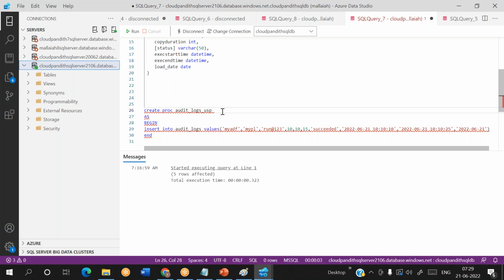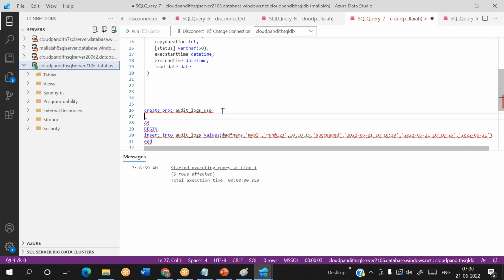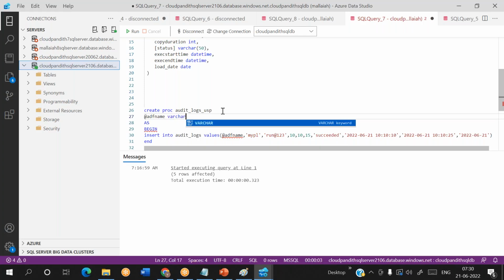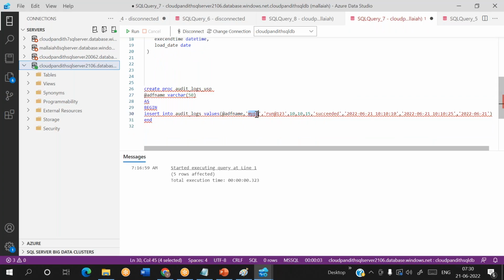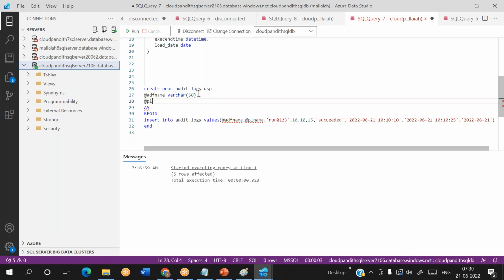Sri Lakshmi, tell me. Very good. First one is at the rate ADF name, the parameter. You can give any name to the parameter. The type of that parameter you need to declare here. ADF name is a varchar 50. So the first parameter is complete. Now pipeline name also I need to get dynamically. What do you need to do? At the rate PL name. So you just put it here, comma, at the rate PL name, varchar